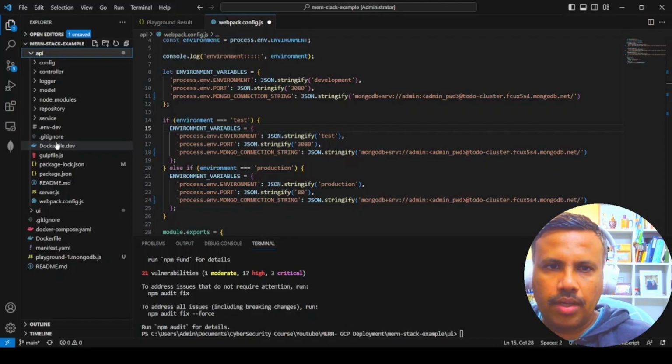There are two parts: one is UI and the other is API. I've currently just expanded the API, and you can click on webpack.config.js, which is currently open, and you can see the different connection strings that are maintained for the application. Please update the connection strings for all the sections relative to the MongoDB database, especially the connection string for production, which is in line number 20. And once you update it,